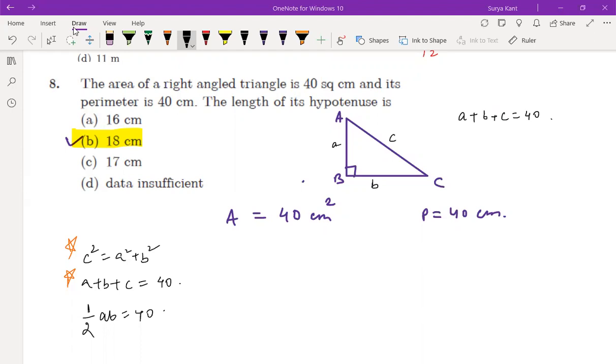Correct, no. Samarth. Yes. Is it correct? Yes, sir, I am unable to see your writing. Then we can write here C, if you want to write. C is equal to a square plus b square. A plus b is equal to 40. So C is equal to what we can write? 40 minus we can write a plus b, right?